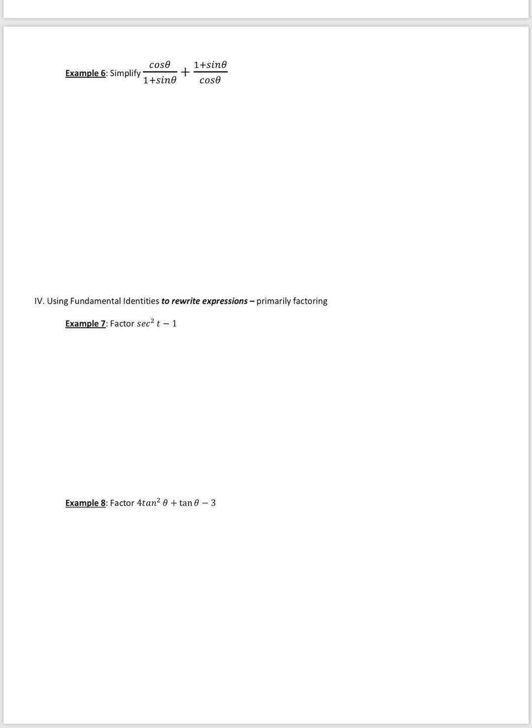So examples 7 and 8 are all about one of the methods, one of the techniques that we use while we're simplifying these expressions. And that is to recognize that when I look at the Pythagorean identities, I see that they deal with terms that are squared, which often means that I'm able to factor some of these expressions. Case in point, right here, secant squared of t minus 1, you should look at this and think this is the difference of squares,